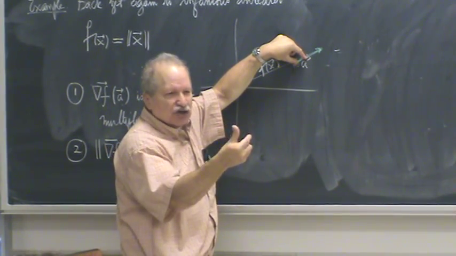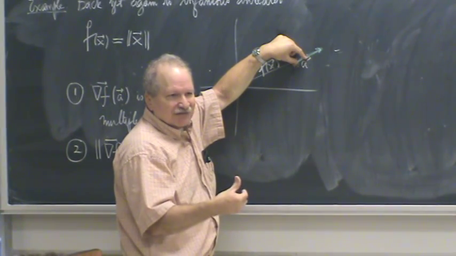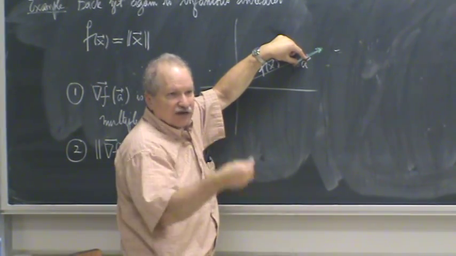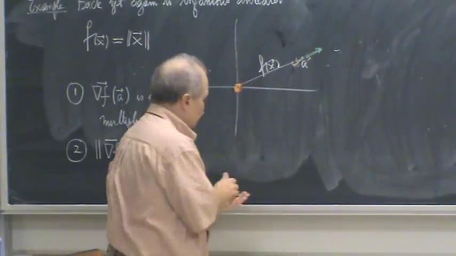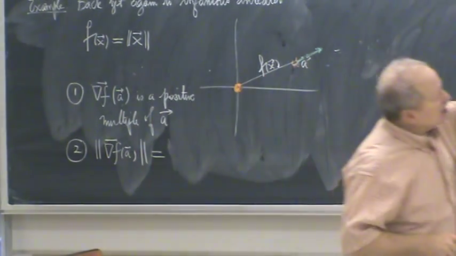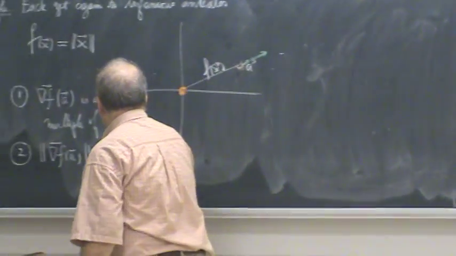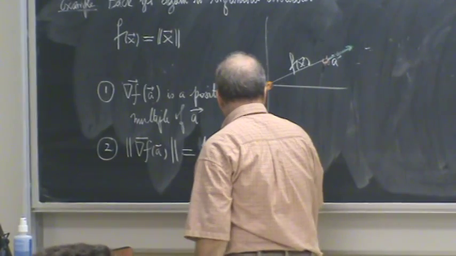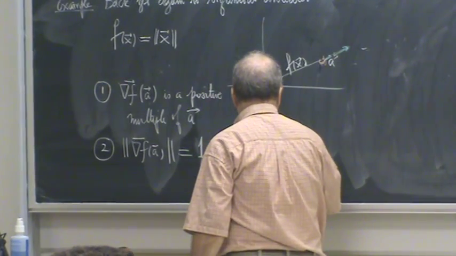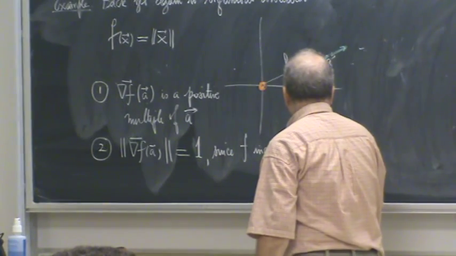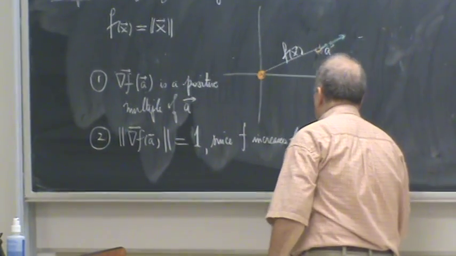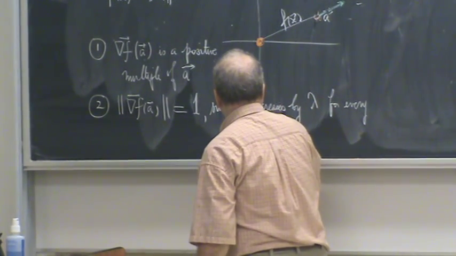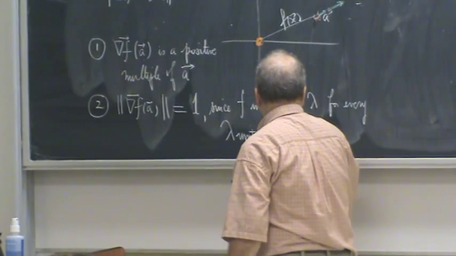So change in function over change in position is 1, right? I get 1 extra centimeter for every centimeter I move. So the magnitude of the gradient is the greatest possible directional derivative. Well, that rate of change in that direction is 1, since f increases by lambda for every lambda units we move radially outward,